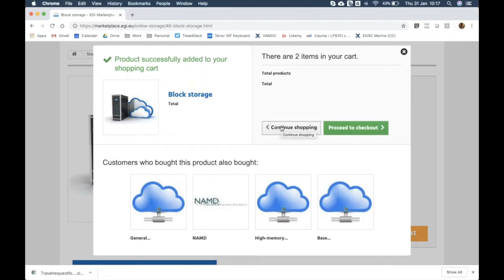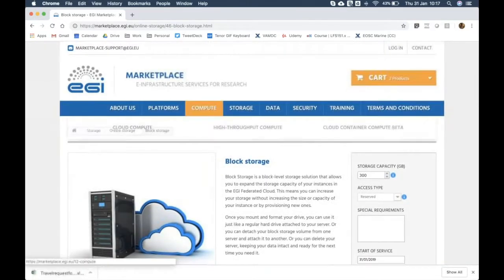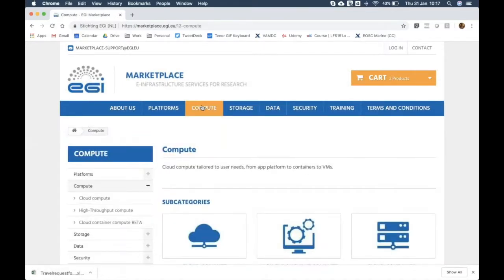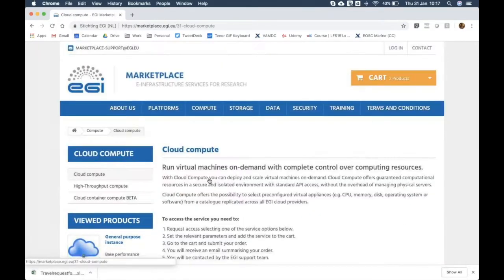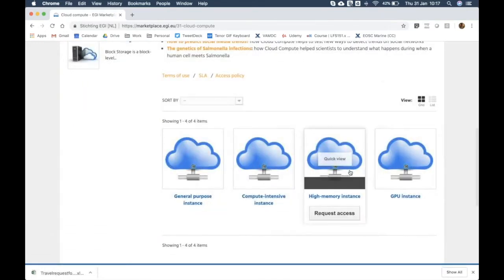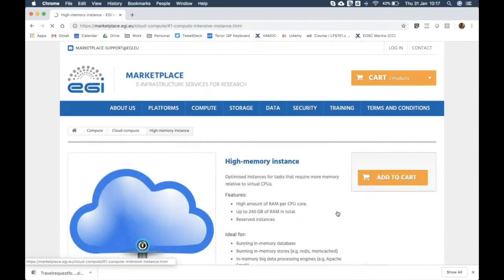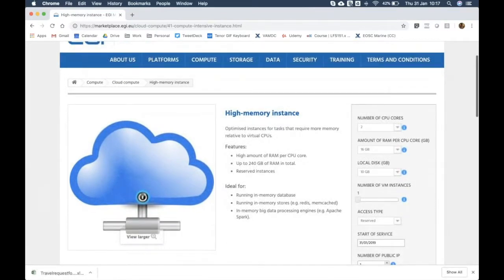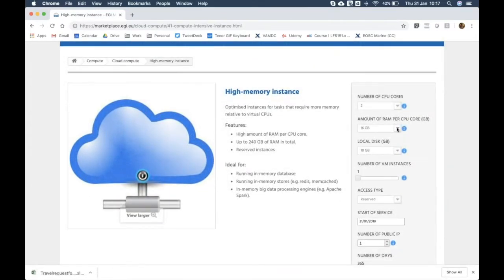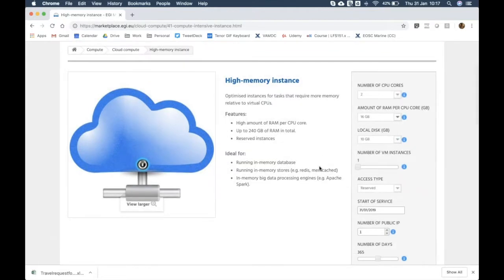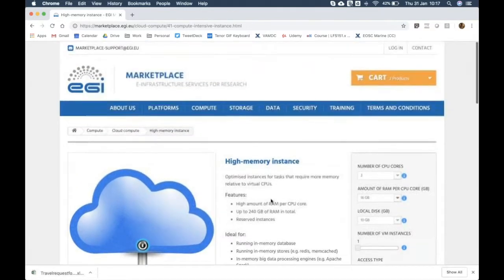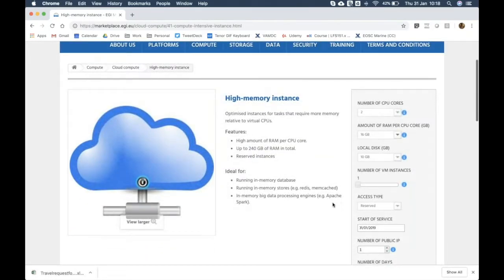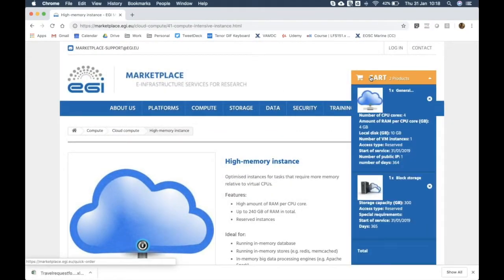I wanted to quickly show you an example of a different type of compute service as well, which is the cloud compute instance, but also the high memory instance, because that is a feature that we're quite stoked about. Here you can request memory instances of up to 120 gigabytes if you so desire. So these are for high memory intensive applications. But I'm not going to add that to the cart just now. I just wanted to highlight that. So if you want to check out,